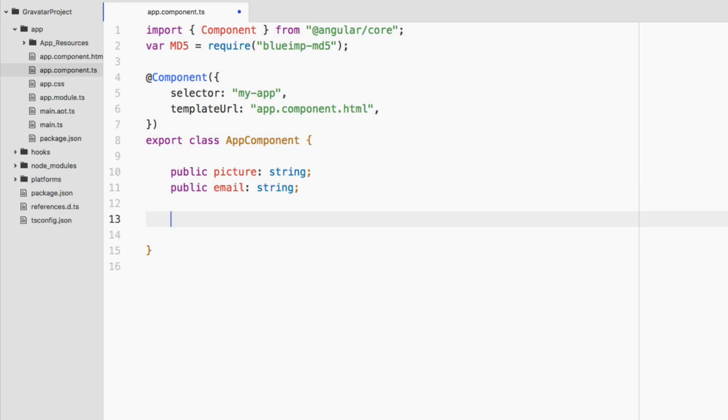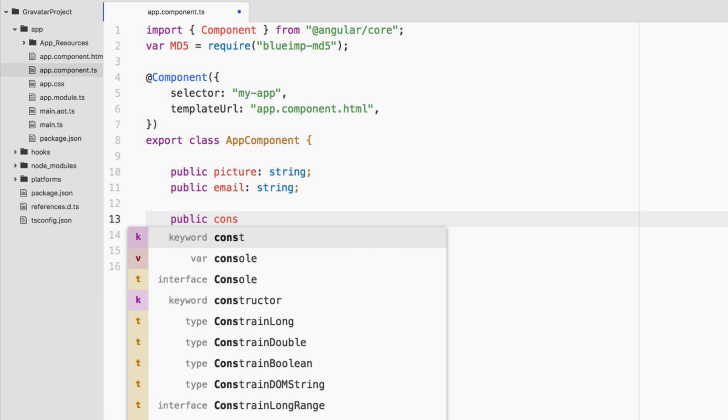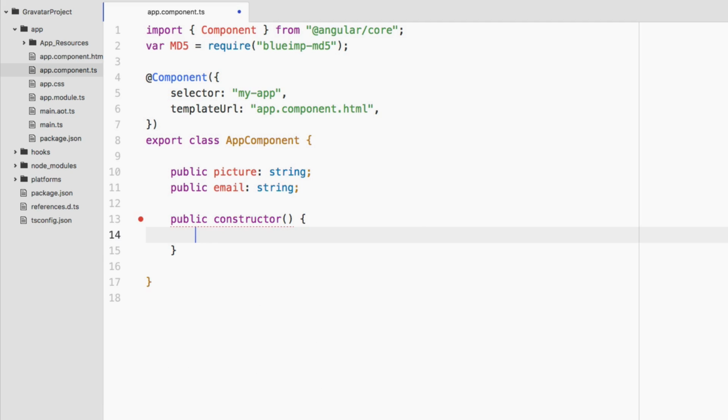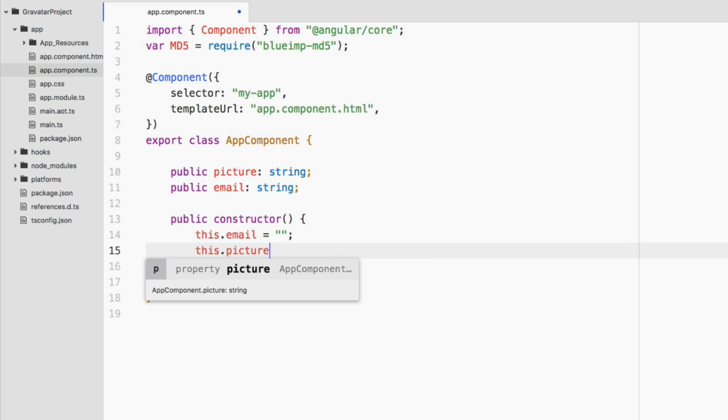So now what we want to do is add a constructor. So we're going to say public constructor, and we're going to define our two variables. So we're going to say this.email = empty string, and we're going to say this.picture =